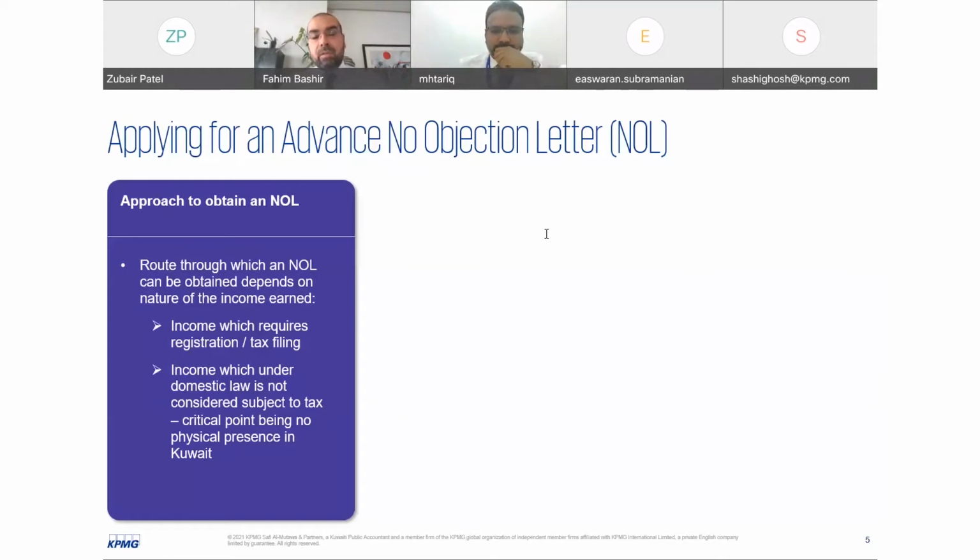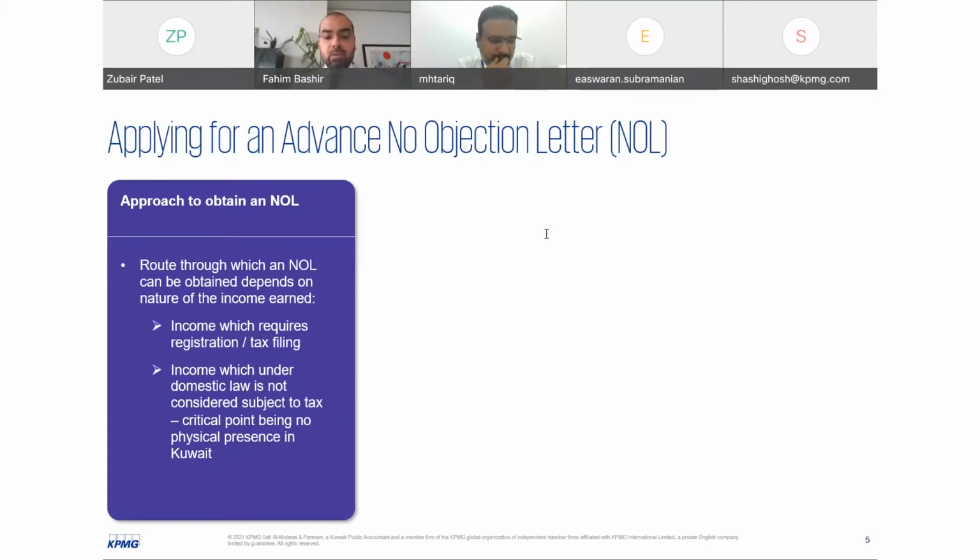This is not the same as when we talk about the no objection letter, right? Which looks at contract specific, amount specific details on the letter, which will then allow you to obtain the release of the retention. Now, there have been some cases where we try to get it contract specific, for the life of the contract. So we have also seen the tax authority issue no objection letters which are for the life of the contract. It's a one-time, one-off application, which you may apply for once the contract is executed.